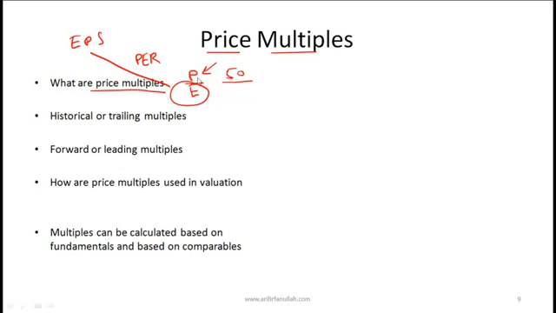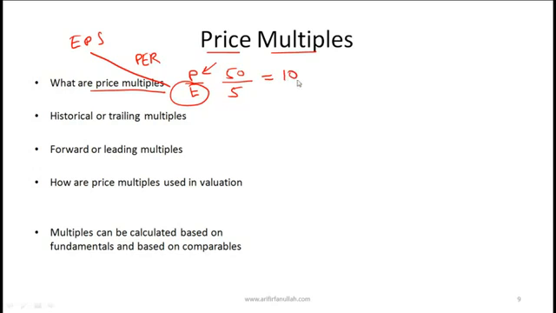Since the price is the price per share, the denominator also will be something per share. In my example here, the something is the earnings. So if the earnings per share for this company is 5, so if we have $5 per share as our earnings, the share price is $50 per share, then the price earnings ratio or the price earnings multiple is equal